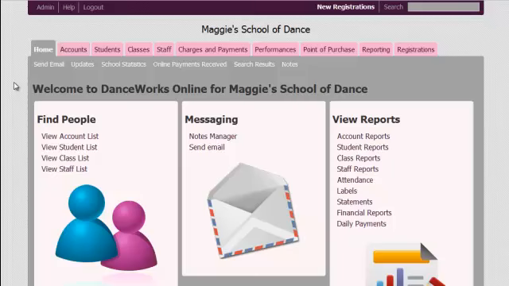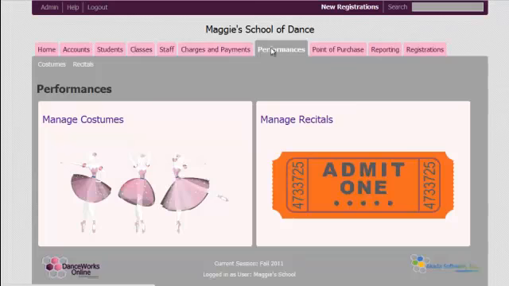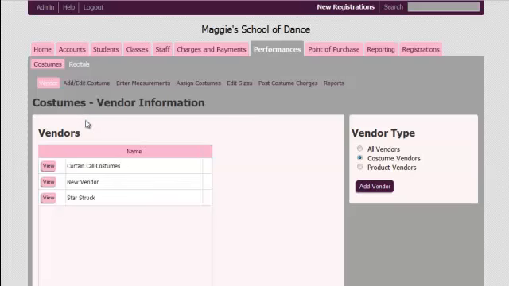I'm going to show you how to add and edit costumes in Danceworks. You can do this right from the Performances tab through the Manage Costumes screen. So to add and edit costumes, select the Performances tab on the main menu, and then select Manage Costumes. Click the Add Edit Costume link,